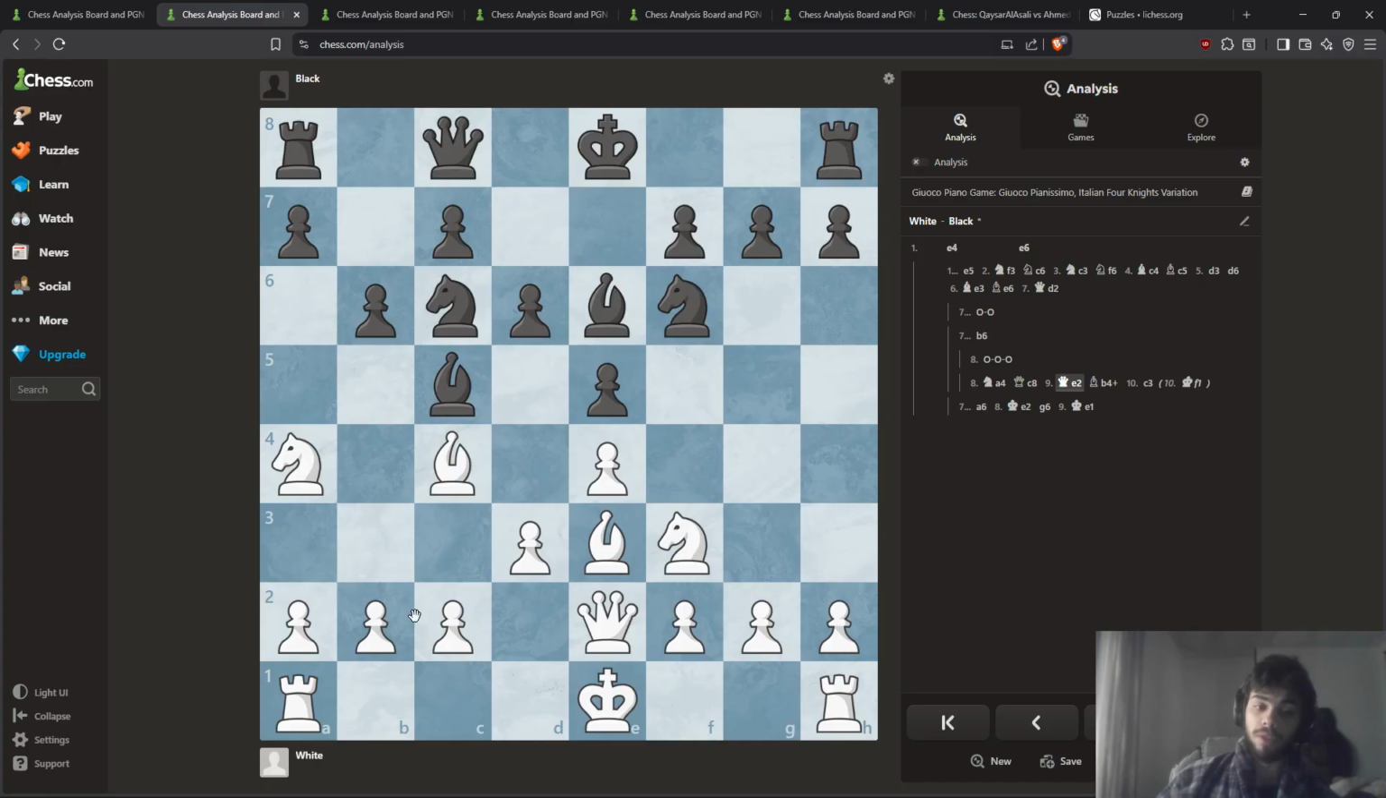Or, bonus, let's say you are checked. If it's possible to capture the piece, let's say there was a rook here instead of a knight, you can just take the piece. And yeah,